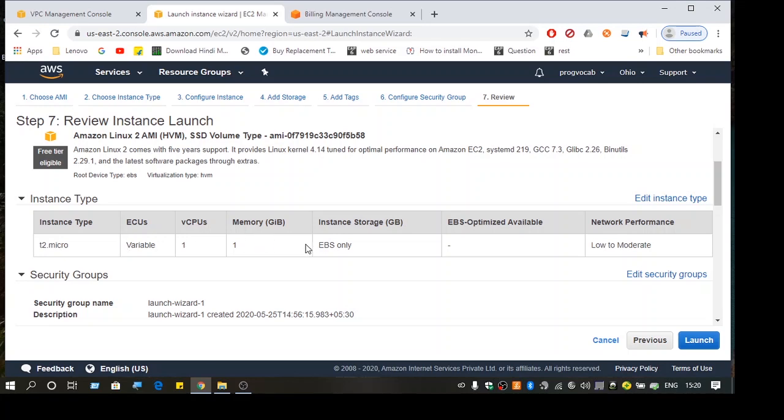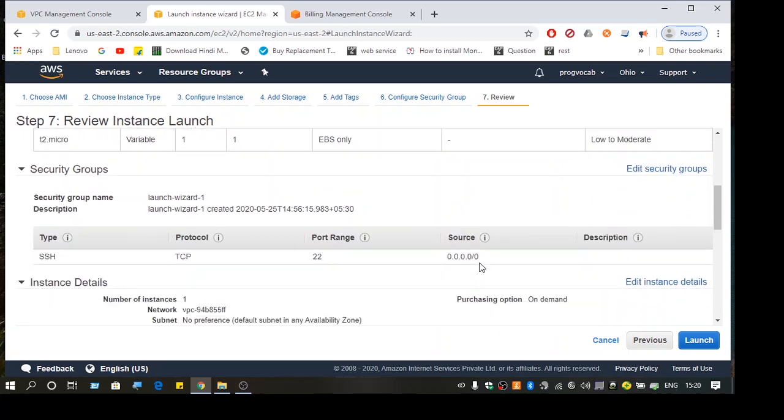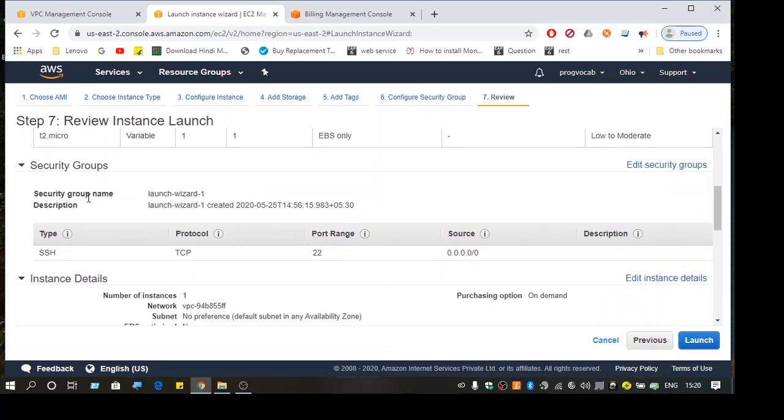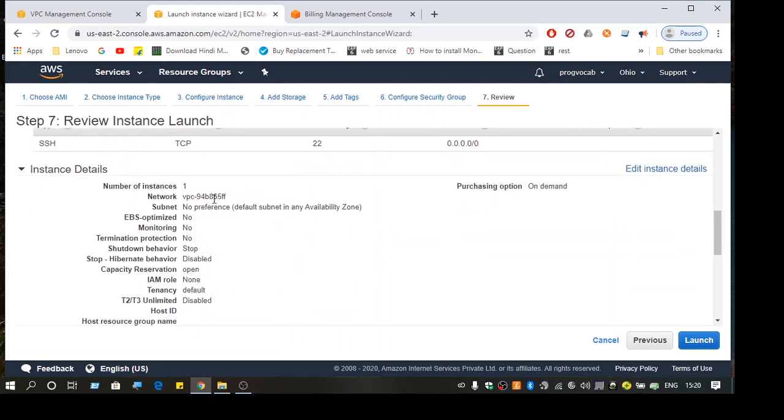So T2 micro, and the instance store is elastic block store only. Security group, and the configuration is SSH connections are allowed for TCP, and port is 22.